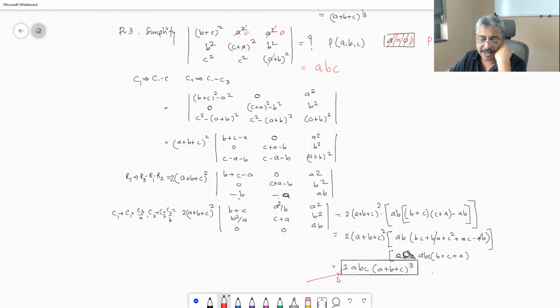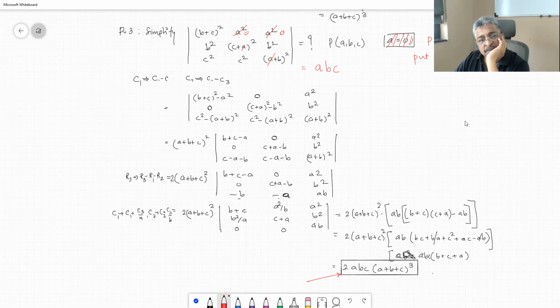Now, if I know the answer, I can always guess. Put a plus b equal to opposite of c. Then you get this as c square, c square, c square, last one. Okay, and it will again reduce your substantial calculations, and you will end up getting the determinant equal to 0. Let us see if we substitute a plus b equal to opposite of c by doing some transformations.